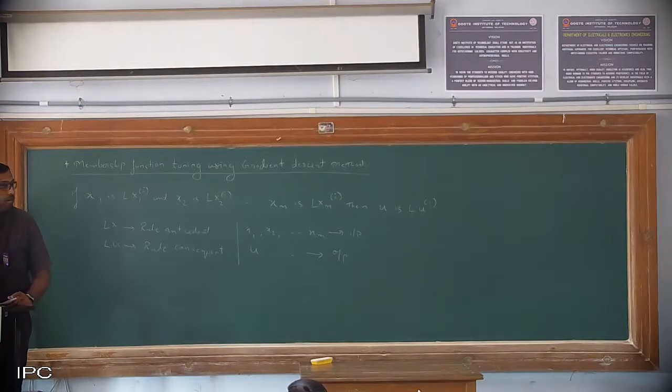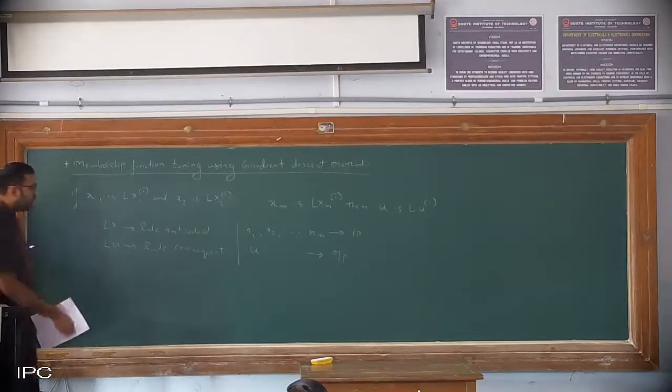Now, before executing this rule, we should have the membership. See, what we are talking is we are going to tune the membership function, right? So we should have a membership function. So in order to have a membership function, what they have done is they have taken one example now.